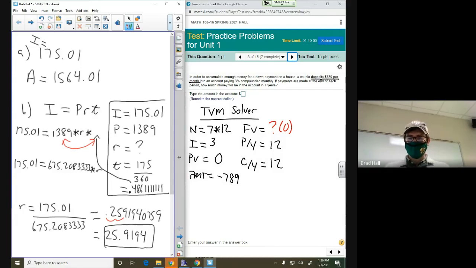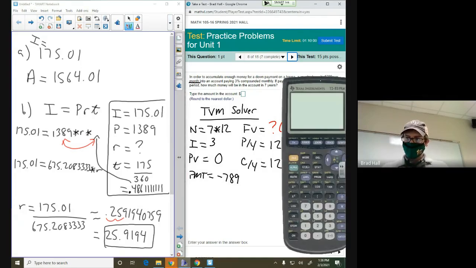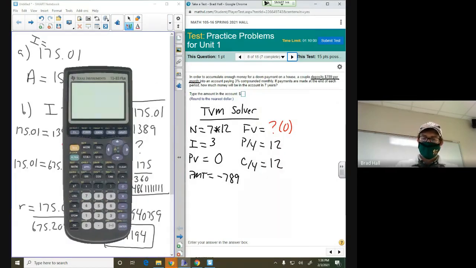So with all of this being said, we can go straight to the TVM solver. Thinking about my stats class. Okay, apps, enter. Let's go ahead and plug everything in. 7 times 12, 3, 0, negative 789. Placeholder 0 and some 12s. So FV comes out to be